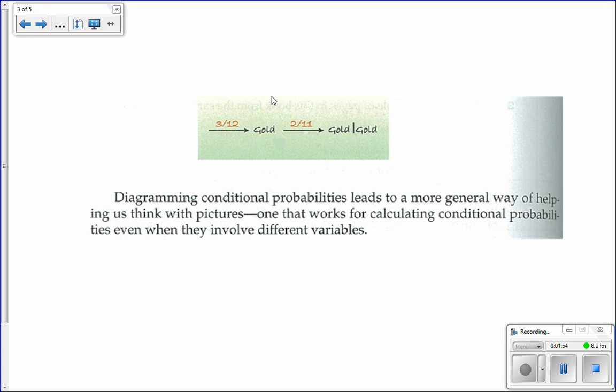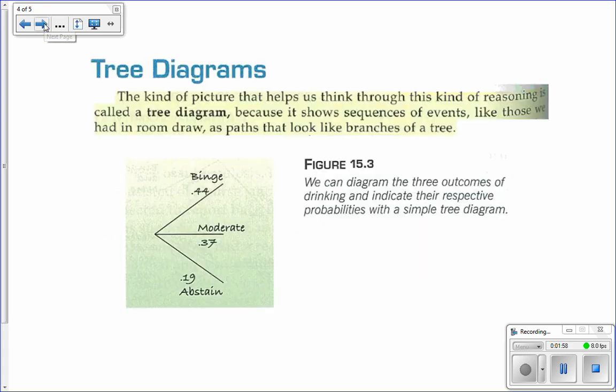Also, the idea of drawing a diagram is really powerful and leads us into, in my opinion, the big idea in this section, which is tree diagrams. Tree diagrams are the last really powerful way that we can calculate and find probabilities. It looks kind of like a tree. You have a node or starting point, and it breaks off with different probabilities, and then you can branch off and keep going with these, and it's conditional probabilities from here on out.